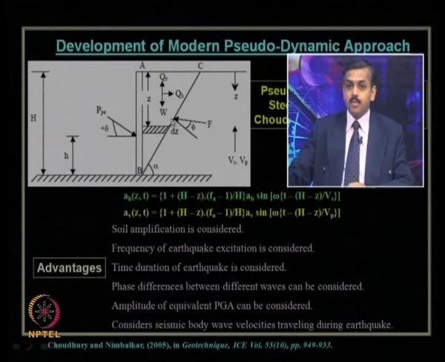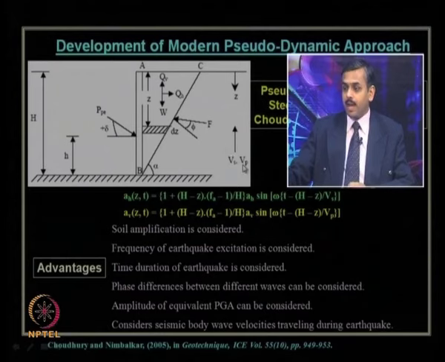So, let us look at this basic picture once again. During the earthquake, we have this vertically propagating upwards shear wave velocity Vs and primary wave velocity Vp. Now, why this is vertical, we have already described: if it comes from a large depth below the ground surface, after several layers it will be almost close to vertical. So, it is a good assumption to consider the vertically propagating seismic wave like that.